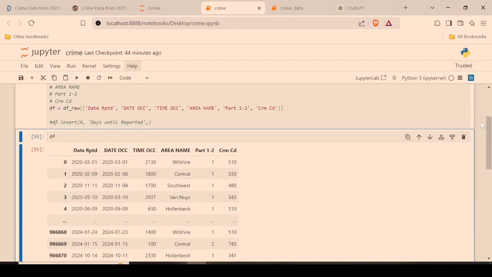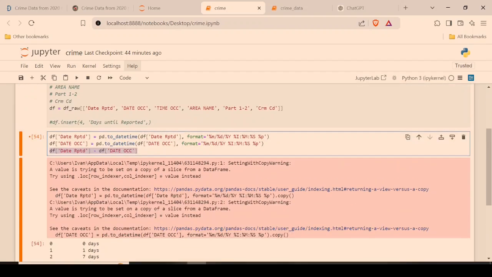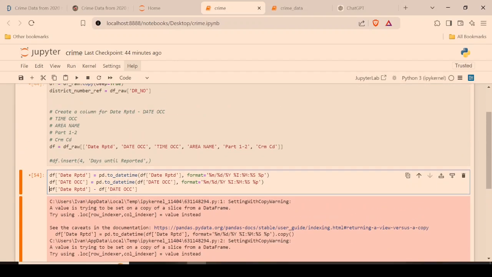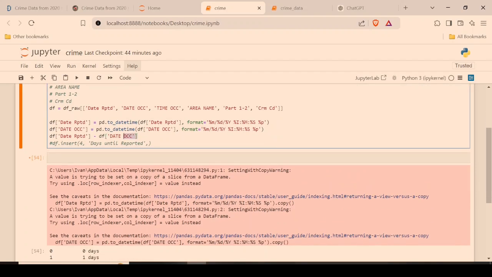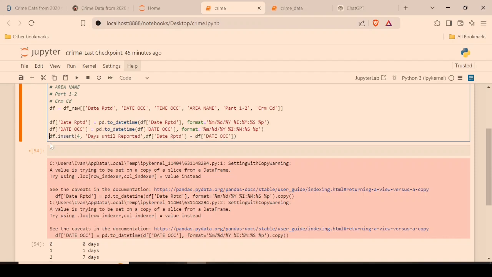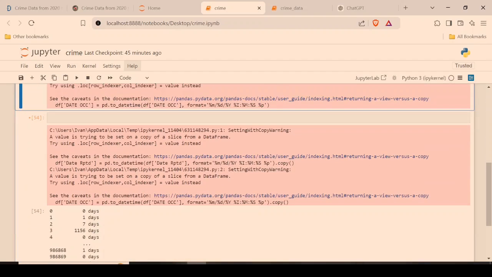But I mean, the code is there, right? So you can see with the code that we're just subtracting one from the other. But we need to create a new column, essentially, and you can do that over here. And all we need to do is just copy this into this code here from before that we inserted here, where we insert in the 4th column a days until reported column, which is just the date that it occurred from the date that it was reported subtracted. That's just the difference. If we run this,